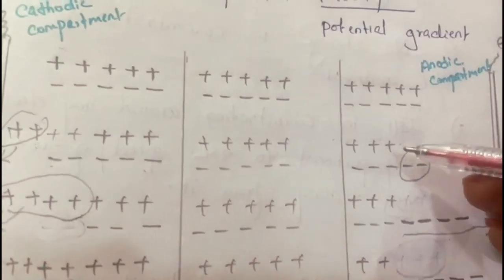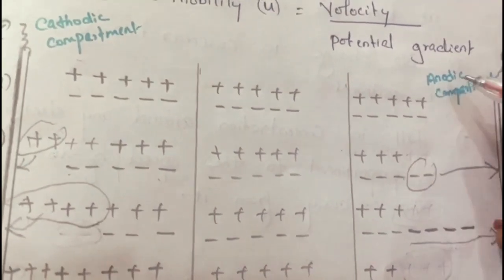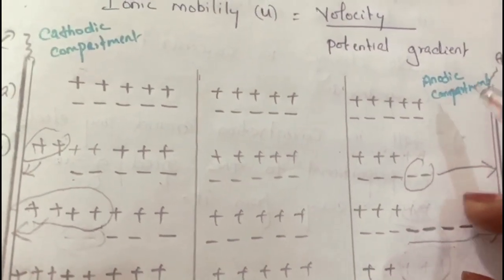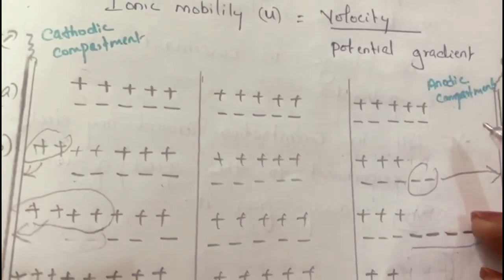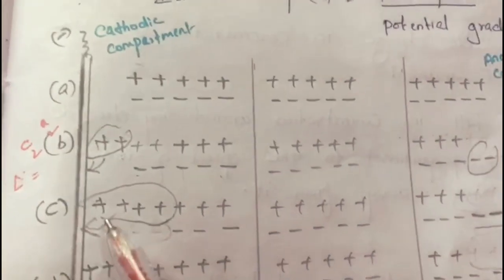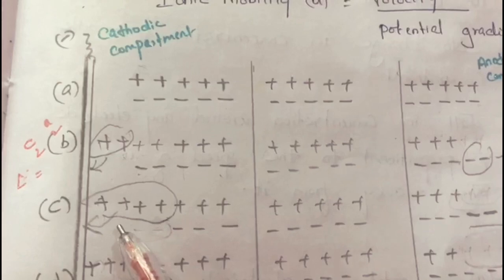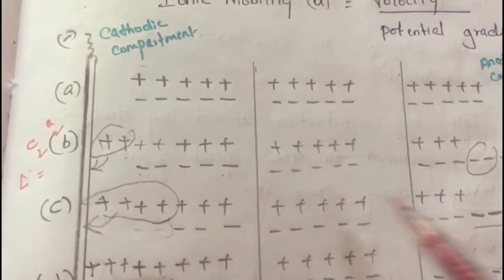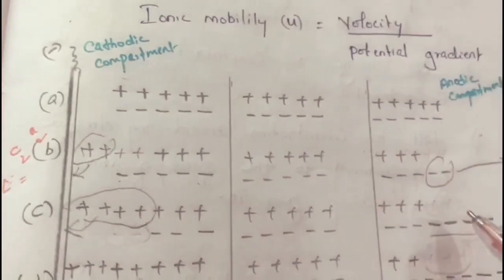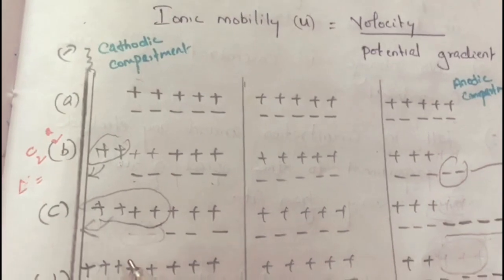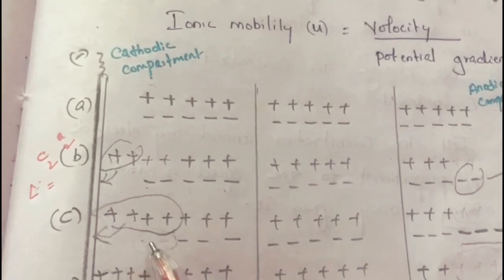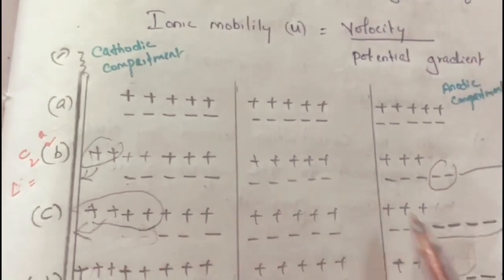See this example here. Two cations move from the anodic compartment to the cathode. So who loses here? The anodic compartment. The fall happens in the anodic compartment. So the anodic compartment loses, which means it depends upon the speed of cations. Similarly, in the case of C, two cations and two anions are moving. So two anions move from the cathodic compartment and two cations move from anodic to cathodic. So here the fall in concentration around the cathodic compartment depends upon the speed of anions moving from cathode to anode.